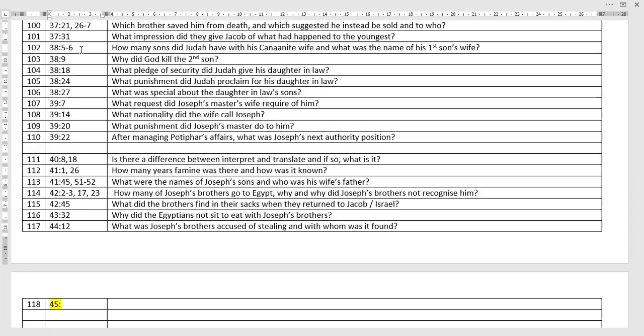Question 103. Why did God kill his second son? 38 verse 9: And Onan knew that the seed should not be his, and it came to pass when he went in unto his brother's wife that he spilt it on the ground, lest he should give seed unto his brother. And verse 10: and the thing which he did displeased the Lord, wherefore he slew him. So we talked about